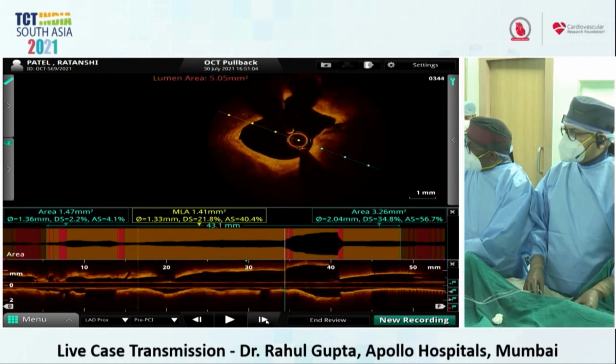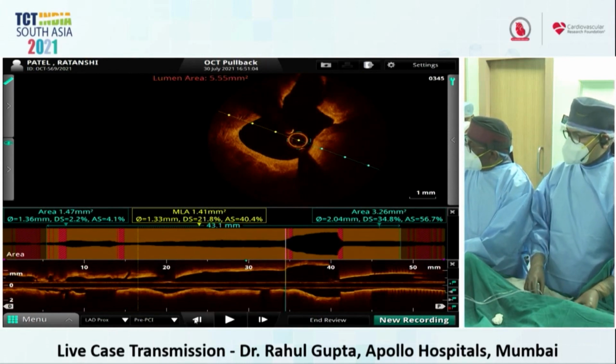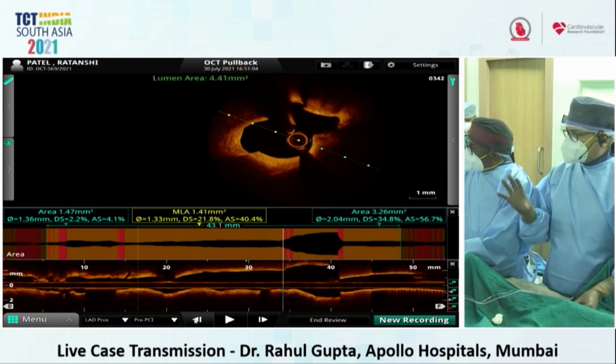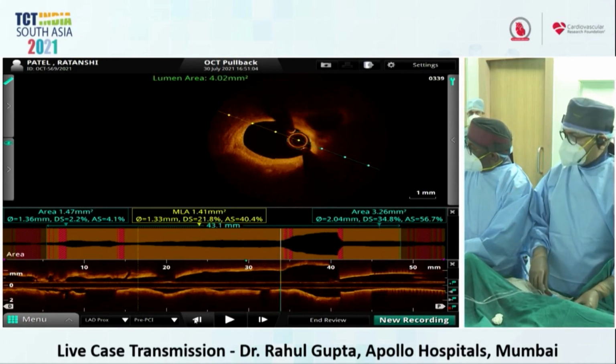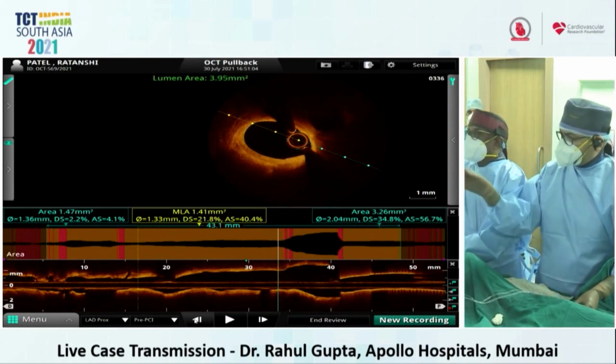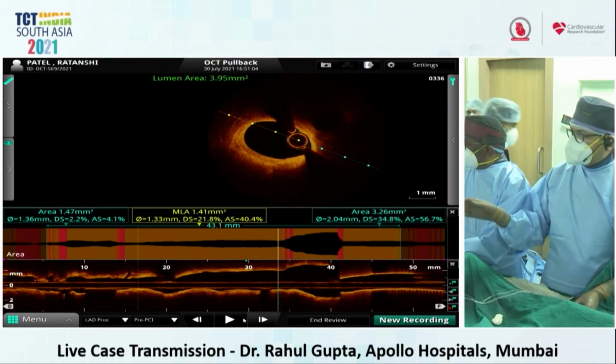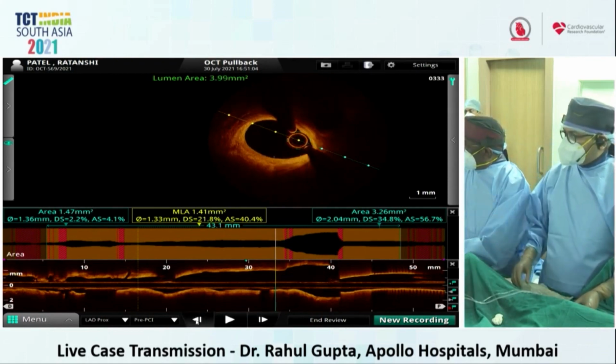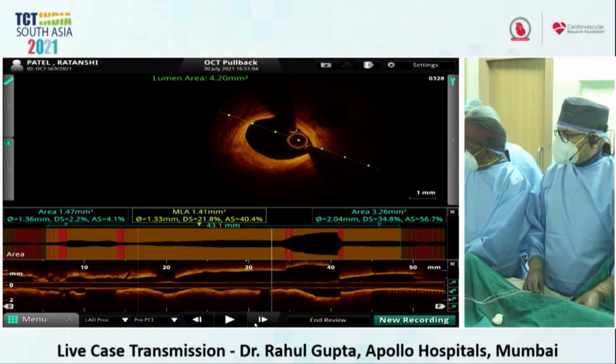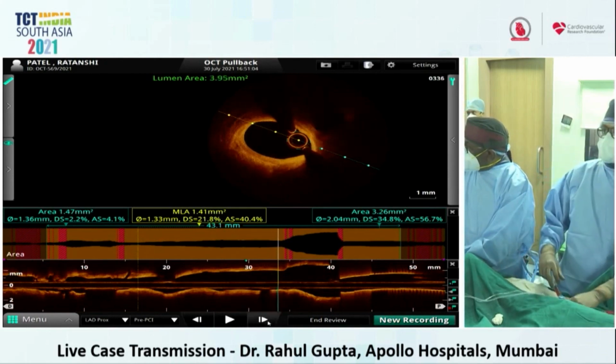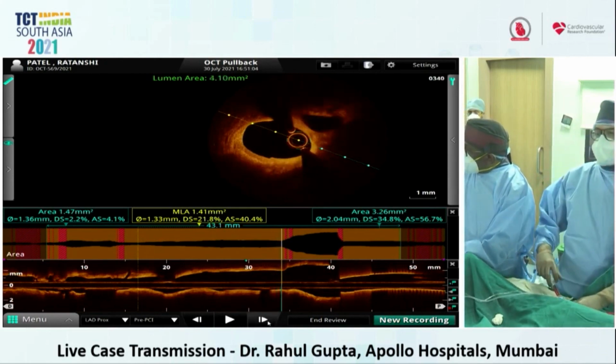Come back. That's the circumflex. So basically it is a diffusely diseased LAD; those three layers cannot be seen completely on any side, but we'll choose the side with the least plaque burden. Come back, proximally. I think this is the diagonal, probably it will not be a trouble.